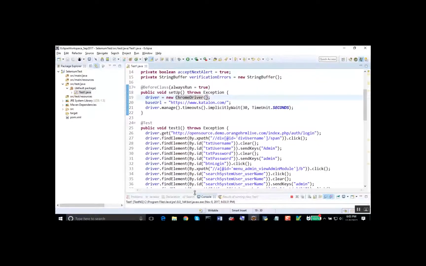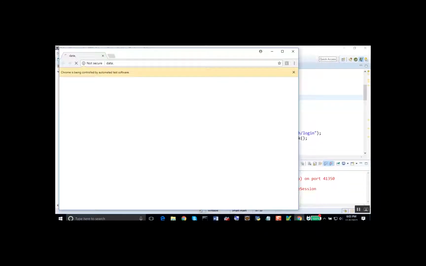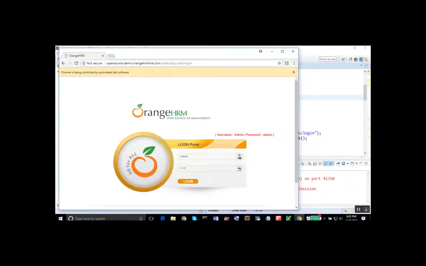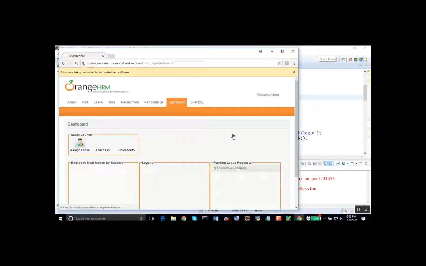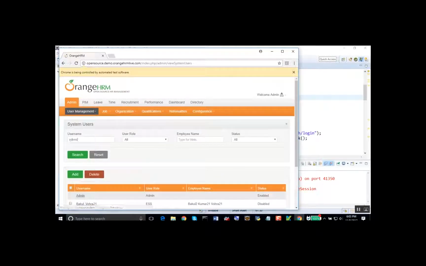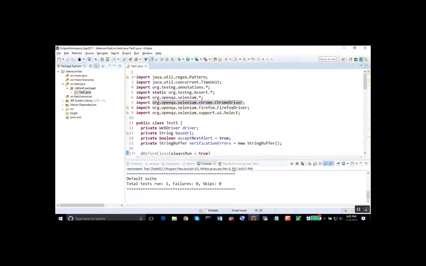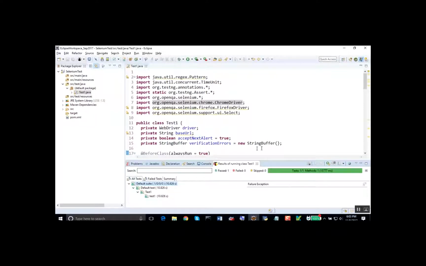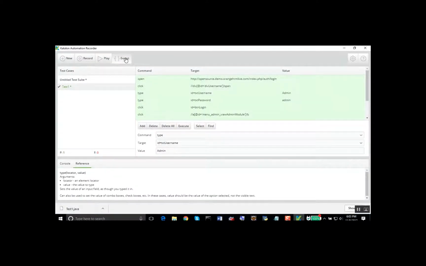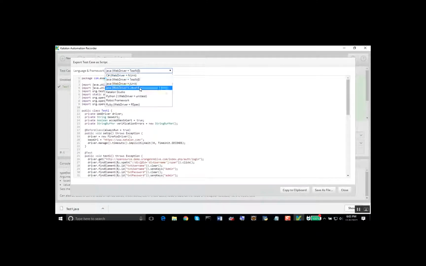So let us see what happens. It opens a Chrome browser, it goes to Orange HRM website, does a login, goes to the admin tab, enters the username and search, and this is done. So how fast that was, right? So we have created the entire script very quickly, and then you can also export it into any other tools